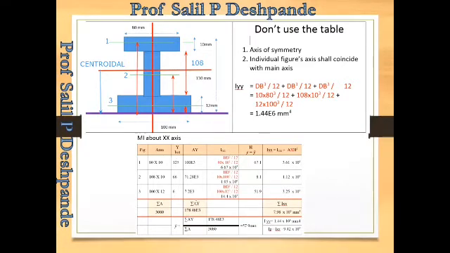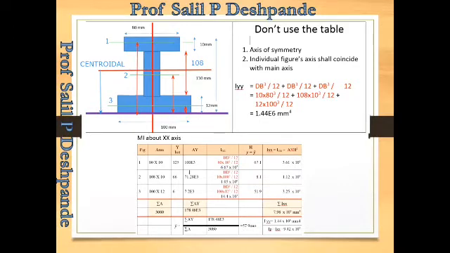Then we calculate y bar, as we have done in mechanics. So what I have done is A into y, A into y, A into y. So I get the value of Ay. Add all of this. Okay, 100E3, that means 100 into 10 raised to 3. So if I add all of them, I will get this. Then y bar can be calculated as the summation of Ay upon the summation of A. So I will get the answer as 57.9 mm. So that's my y bar.